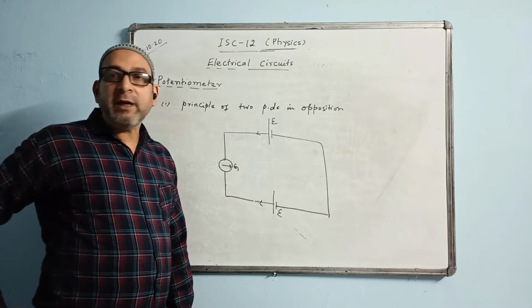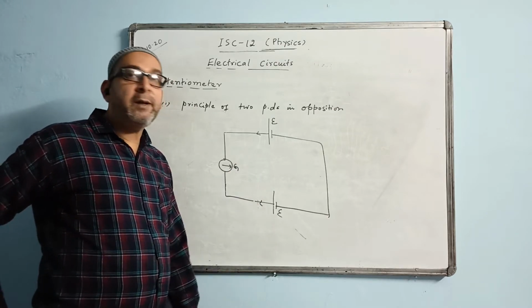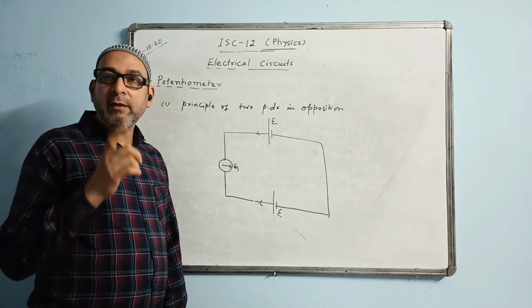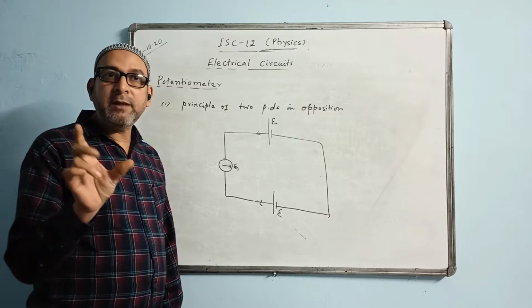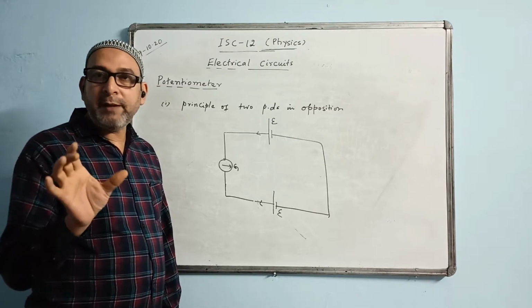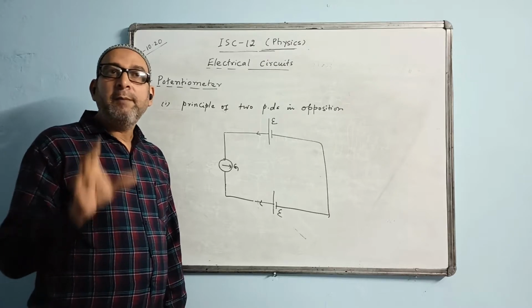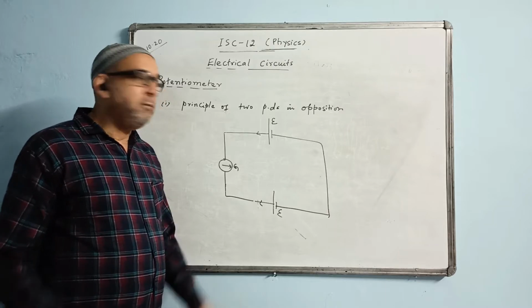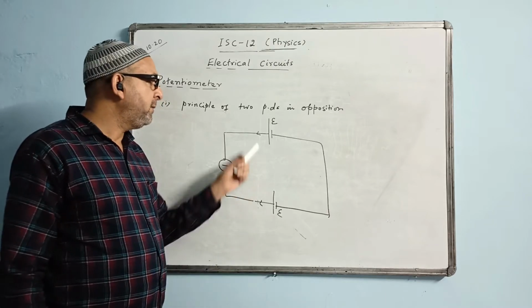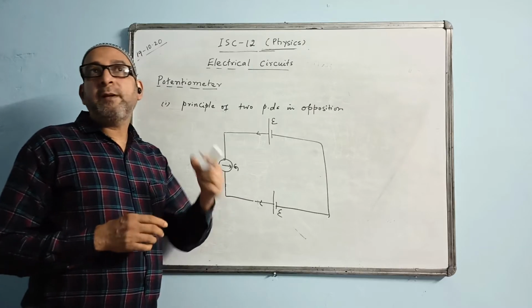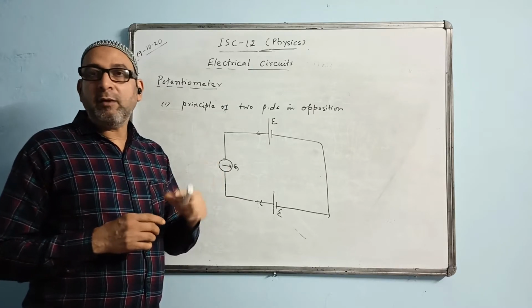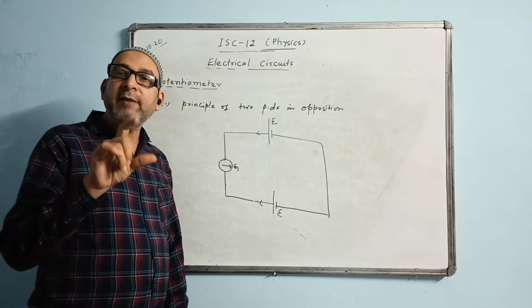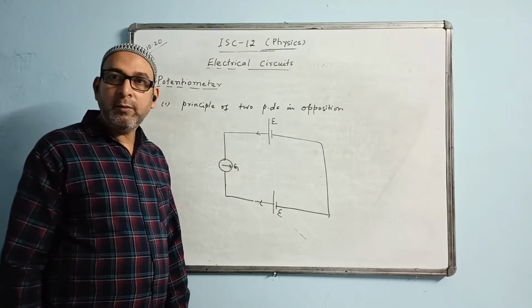Practically, where do we apply this technique? Practically, we apply this technique in the manufacture of a cell. I think the pencil battery, which you call in common language a battery, but there is a difference between battery and cell. Battery means a number of cells. A group of cells together is called a battery, whereas a single unit is called a cell. For example, the Nippo cell or the Eveready cell and all, we are making. And how much should be the EMF value of each cell? 1.5 volt.